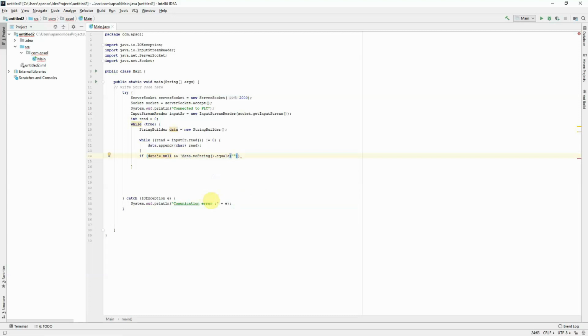If data is not null and data is not empty, then